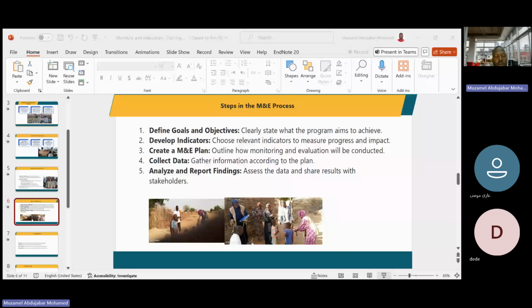The data which you collected from the monitoring came from different methods. Some data were collected by survey, other by interview, and you can also use the focus group discussion method and observation.